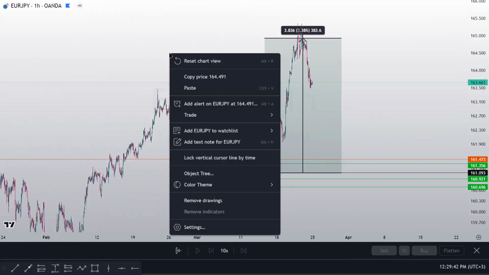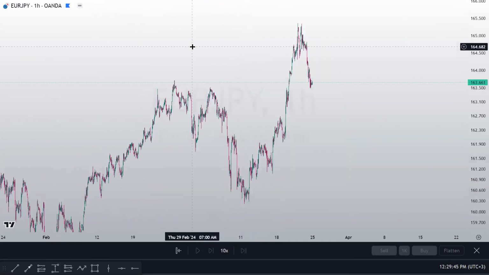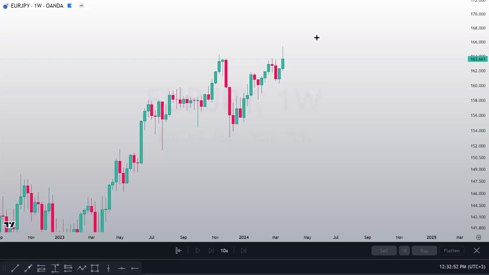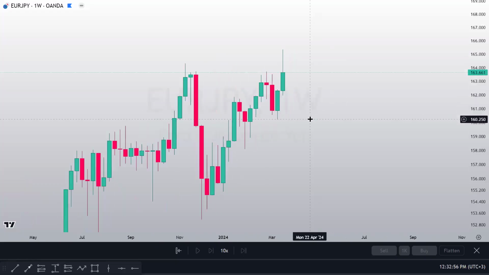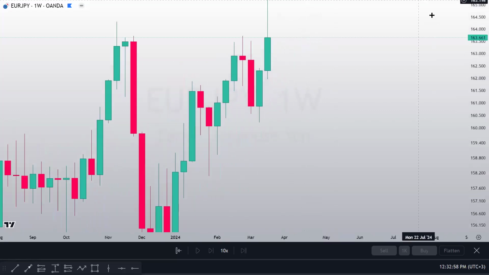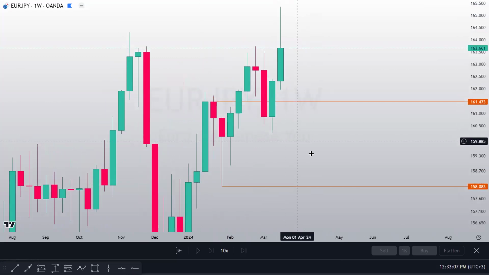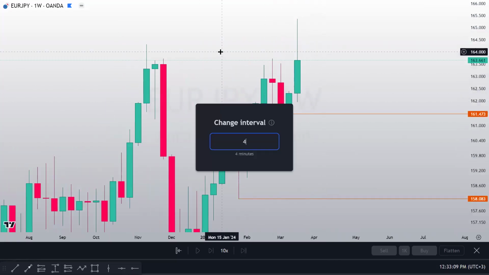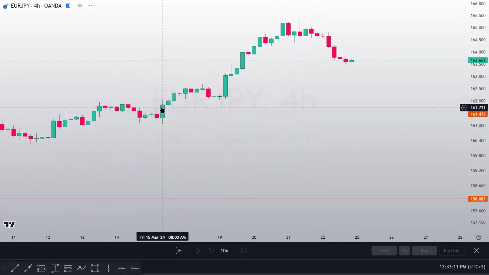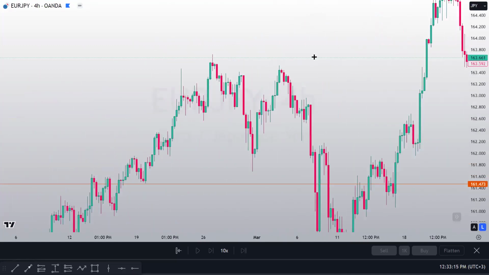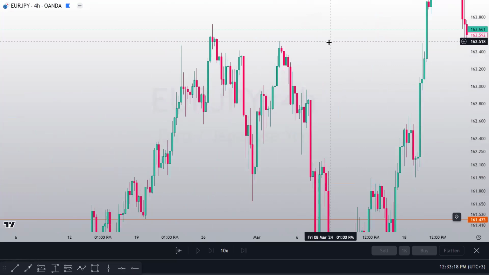Also, we had the EURJPY entry. It was also a second agglomeration. So we're having the weekly area of liquidity, which is this one. That means for you to come down to this area, you just have to go to the 4 hours to find the shifts. I won't explain it deeper,